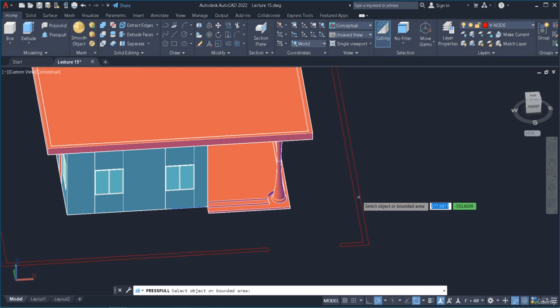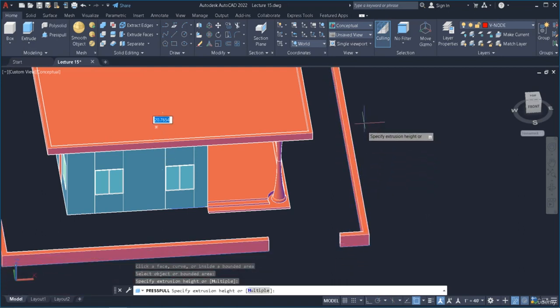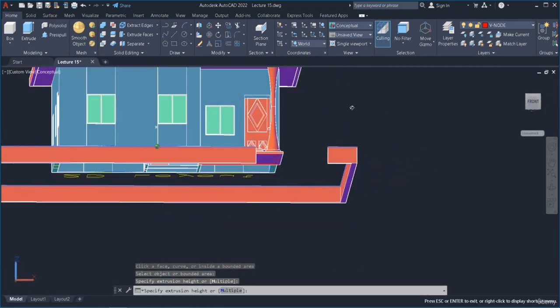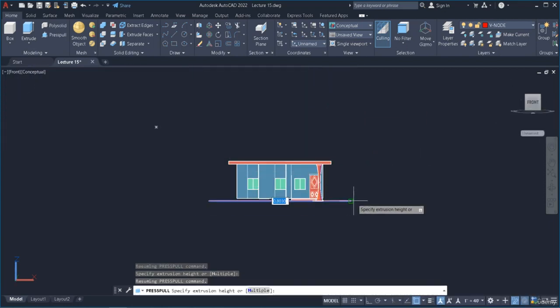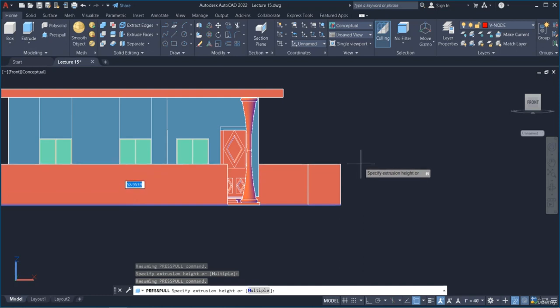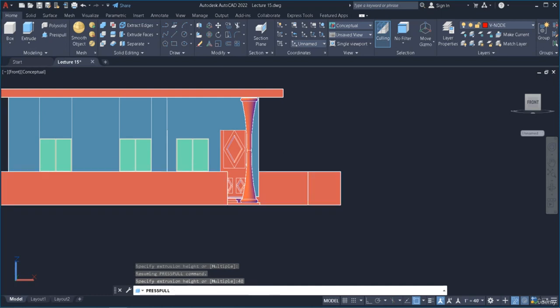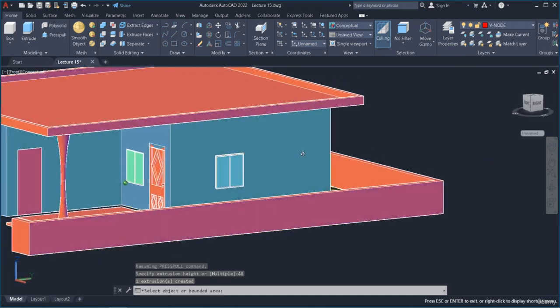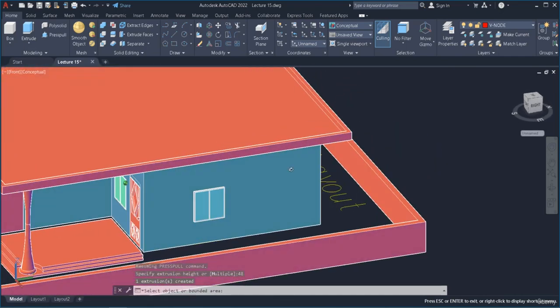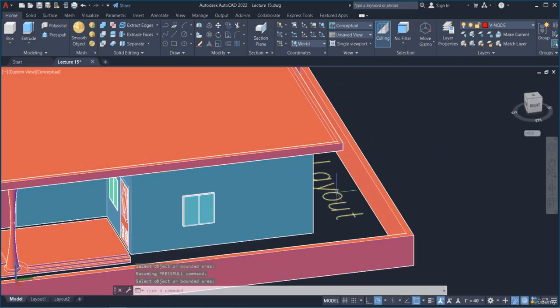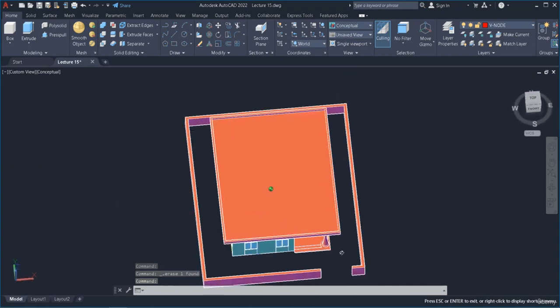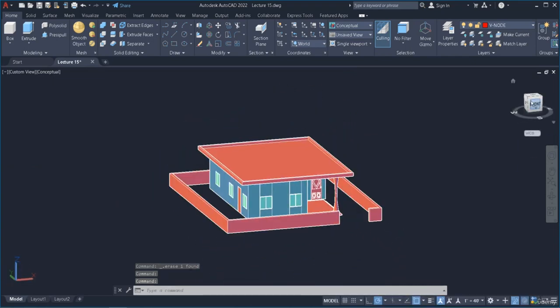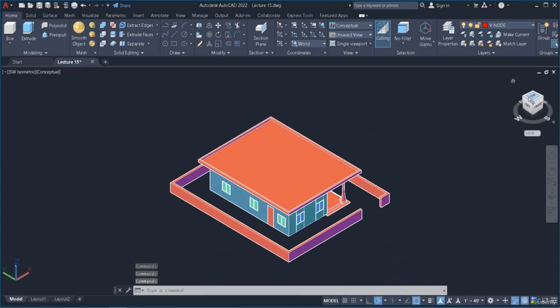We can use the press pull as well, so let's hit it and go all the way up, and we can assign a value from here. This is fine, so let's give it 4 feet 48 inches, and this boundary wall seems pretty fine for now. We have removed all the unnecessary things, so we are just one step away to assign the materials and then